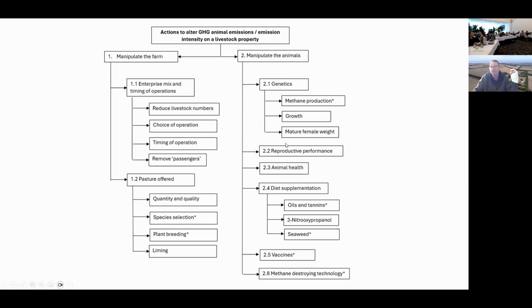One thing I failed to mention when I talked about the genetics was the mature female weight. I haven't got an asterisk on this, but it's worth noting for both sheep and cattle that as your standard reference weight of your breeders goes up, if you can cast your mind back to a graph I had about weight of animals and how that affects the emissions calculation, the heavier your mature female weight, the higher you'll get pinged for her emissions.